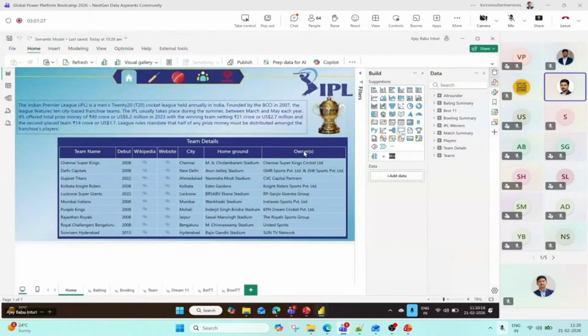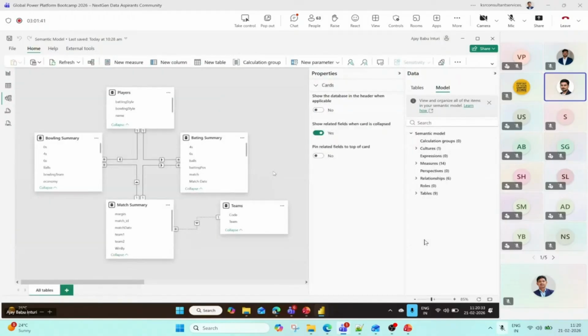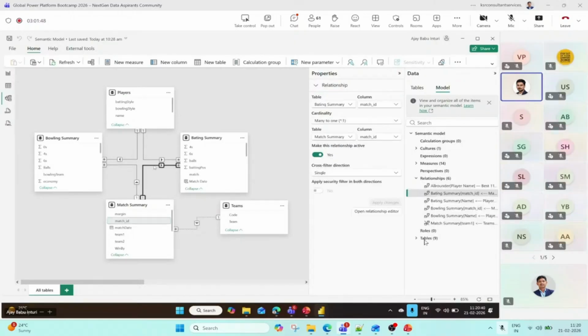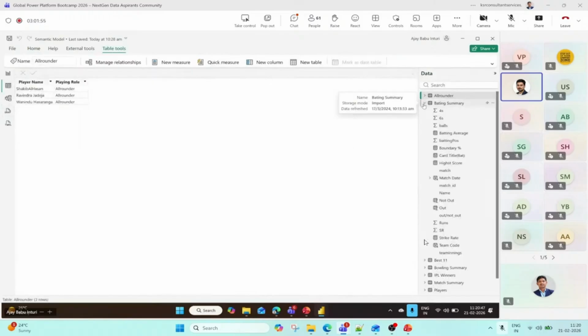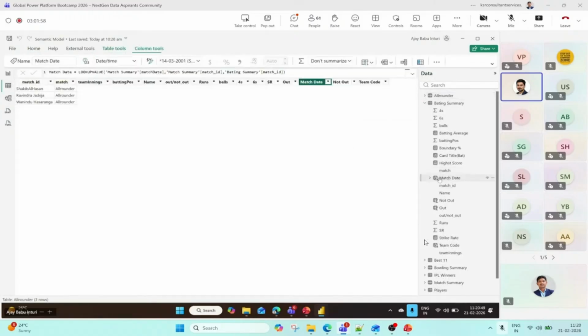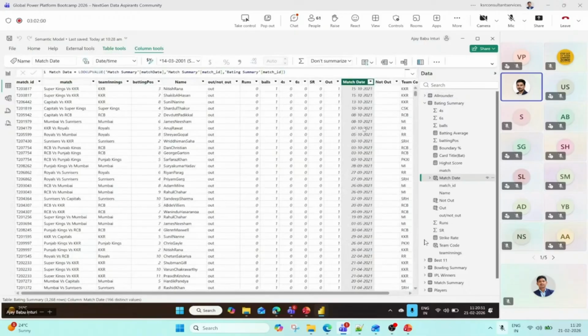So this is how I pick one of my old reports. This is how I pull data from different data sources, and what we need to write, as I told you, is to define our semantic model, whatever relationships you have to establish when we are developing a semantic model, and create your calculated columns within the semantic model. You have to create calculated columns within the semantic model at that time.